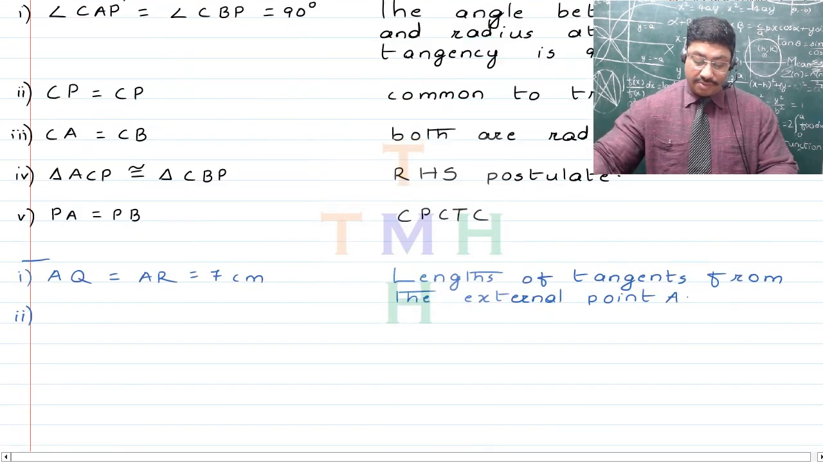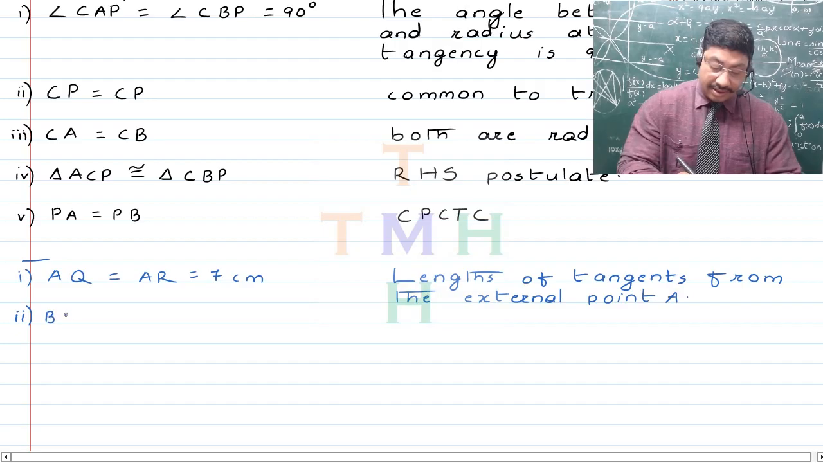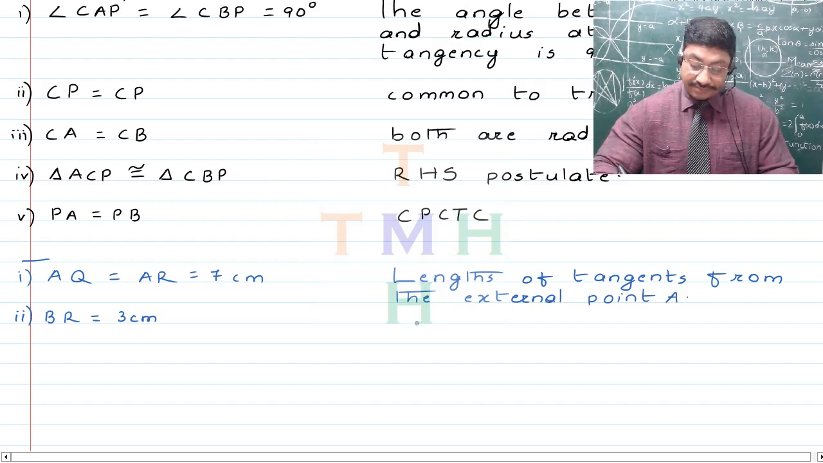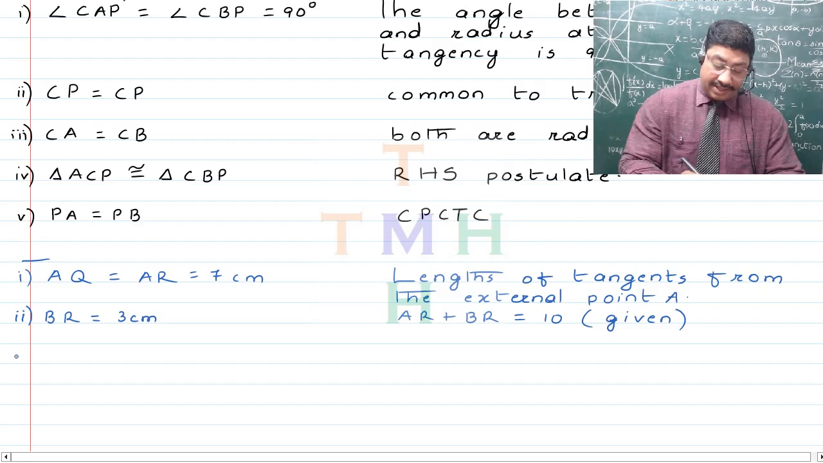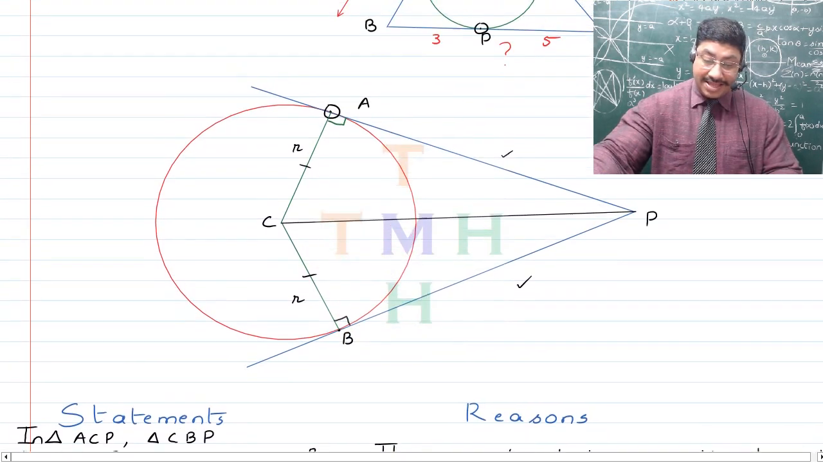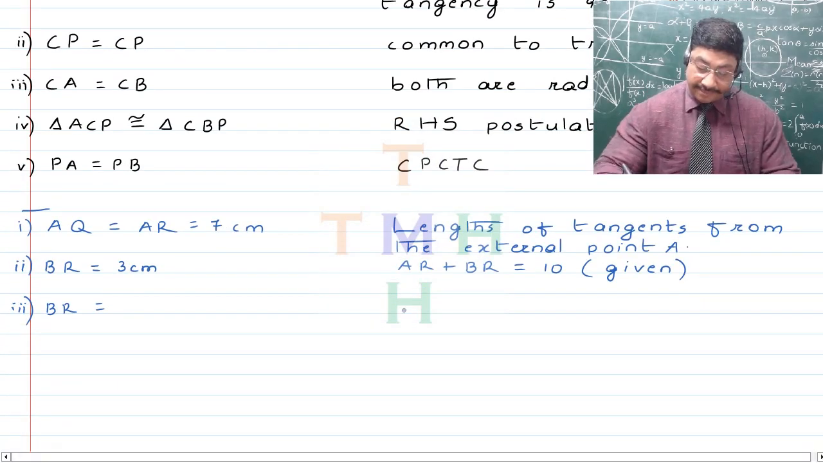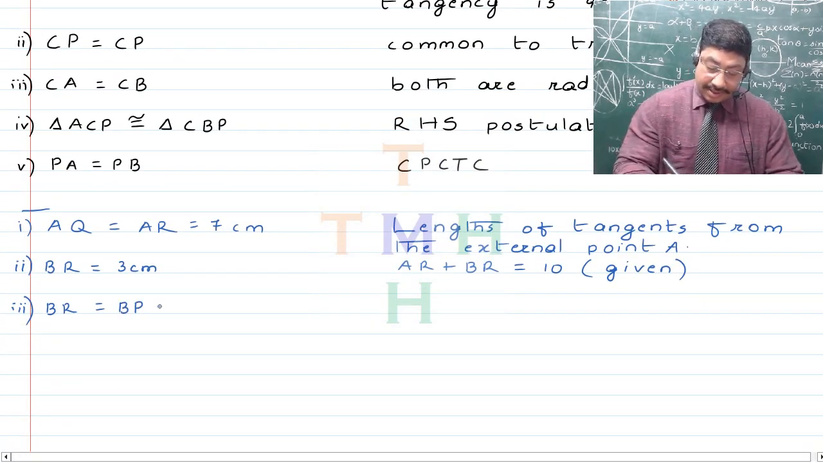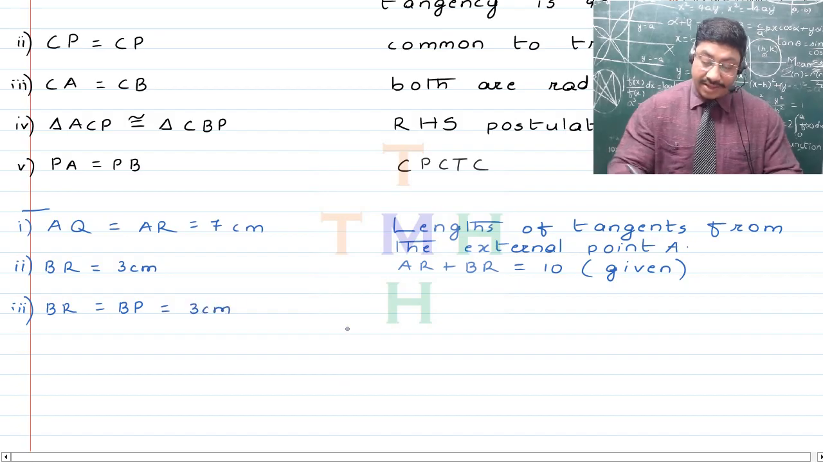So first you'll talk about BR. BR is equal to 3 centimeter. You will say that AR plus BR is equal to 10, and here in brackets you will say that this has been given to you. Then you will talk about the third point where you will say that BR is going to be equal to the other length, that is BP, and it is also going to become equal to 3 centimeter, and here you will have to repeat the theorem